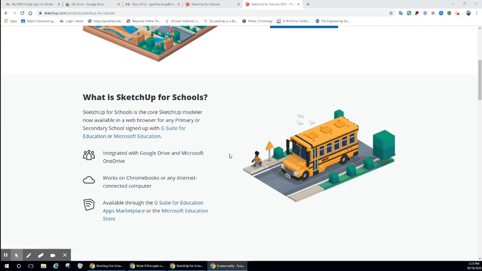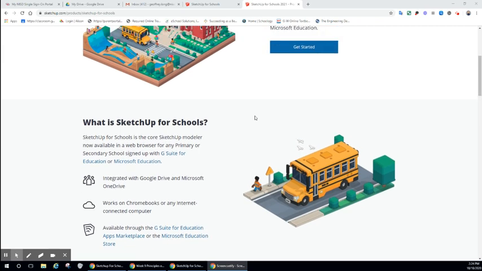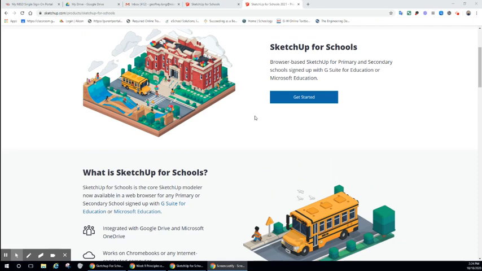So if you're a student that has an iPad, you need to ask your parent if you can use their laptop or Chromebook, or if you don't have access to that type of technology, you need to talk to your teacher about alternate assignments. So the first thing that we're going to do is go to